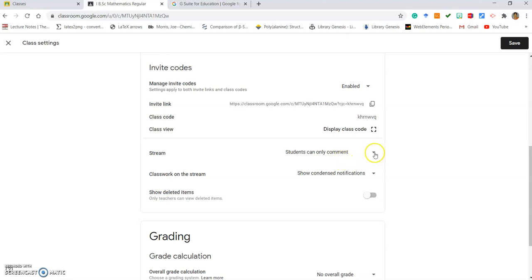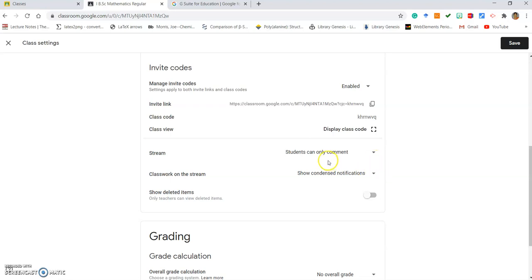If only the teacher can post, then if students want to convey something, it is impossible for them, because we are going for student-oriented learning, learner-oriented subject learning. So the learners should be given more importance. In order to avoid unnecessary posts, you can just set it so that students can only comment.